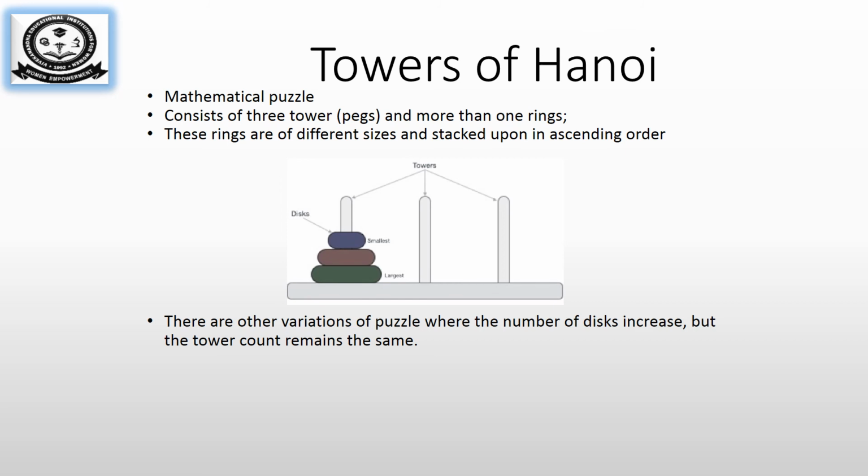Here, when you initially start the program, the rings will be kept in the pegs in ascending order. That is, a smaller ring will always be placed above a bigger ring. So what you are trying to do here is move the rings from the first peg to the last peg. The only rule is you can't place a bigger ring on a smaller ring.